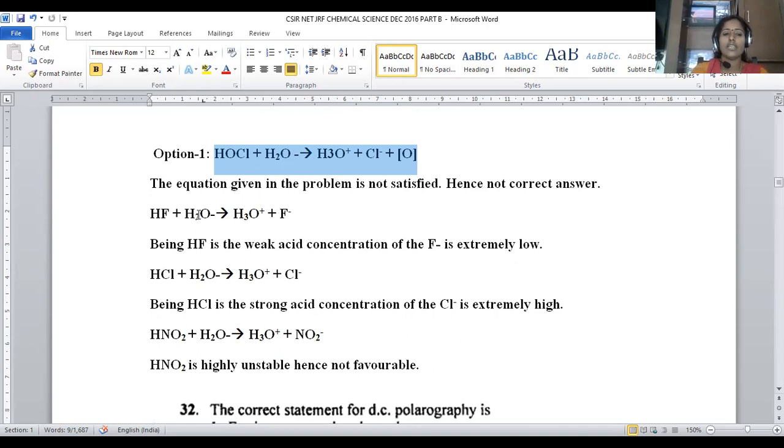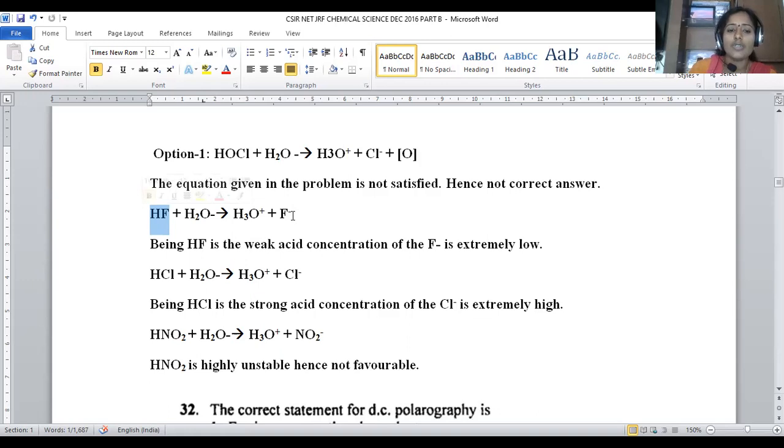So we will go with any other option, that is option number 2, fluoride. In case of fluoride, it can be taken as HF. Upon treating with water, there is a formation of oxonium ion, and F minus will be possible. But everybody is familiar that HF is a weak acid. If a weak acid was taken, what about the extent of ionization? It will be least. Only partial ionization is possible.